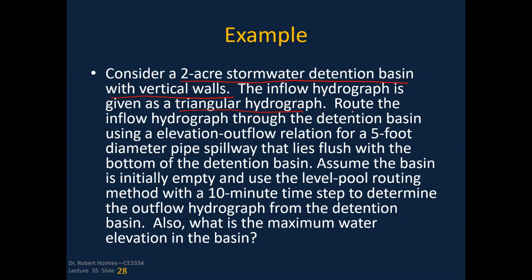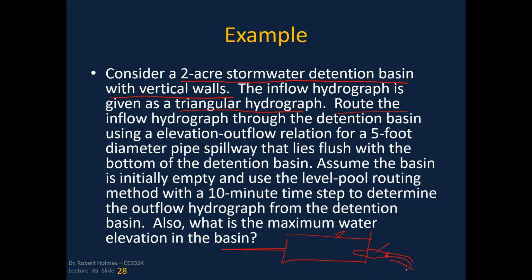What we want to do is route the inflow hydrograph through the detention basin using an elevation outflow relation for a 5-foot diameter pipe spillway that lies flush with the bottom of the detention basin. So what I mean there is I've got some detention basin here, so water comes into it, and in the very bottom of this detention basin, I've got this 5-foot pipe that allows water as it stays in there to